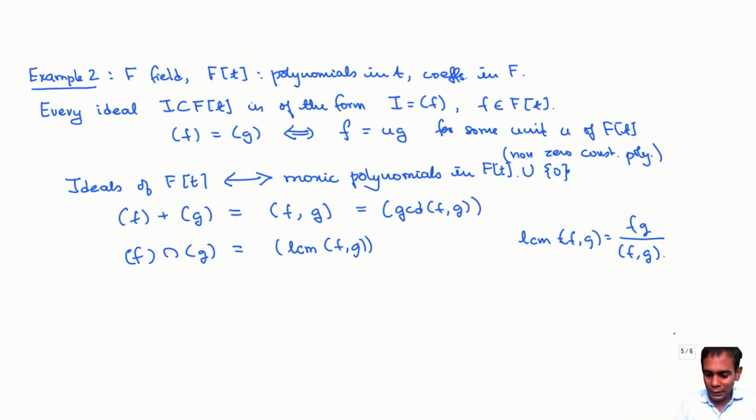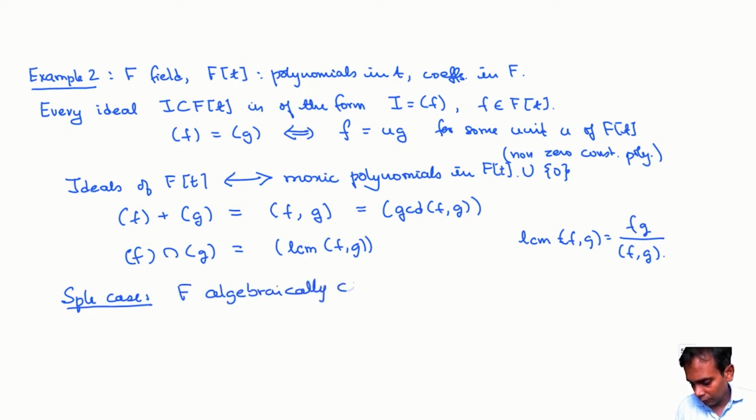Now let's take a special case of this example where F is an algebraically closed field. An algebraically closed field is a field where every polynomial can be written as a product of linear factors. So for example, you could take F to be the complex numbers. That's an algebraically closed field. Okay, so in this case, if F is algebraically closed,